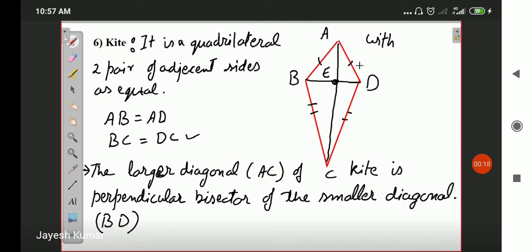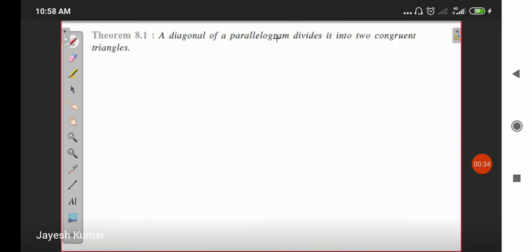In this, we will prove that most of the properties that we have discussed regarding most of the quadrilaterals are true. We will use them as theorems, as well as prove those theorems using some logical and mathematical statements. Before we start, let me remind you once again: all the theory, theorems and their proofs are to be noted in your class copy. You have to learn them thoroughly, revise them thoroughly, and practice them thoroughly.